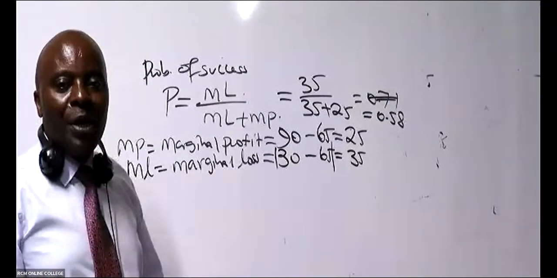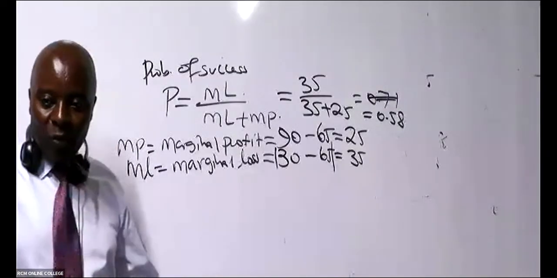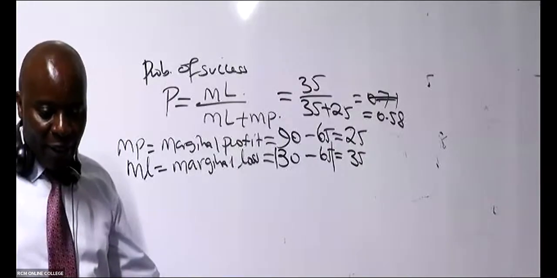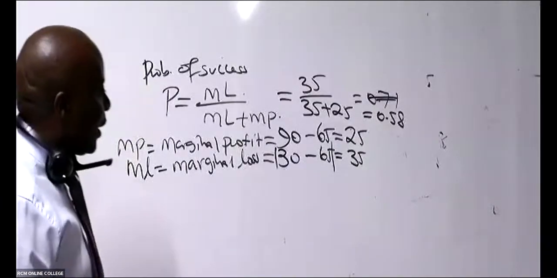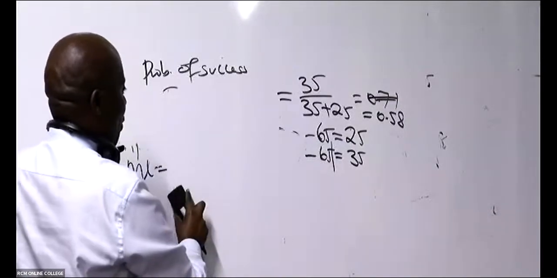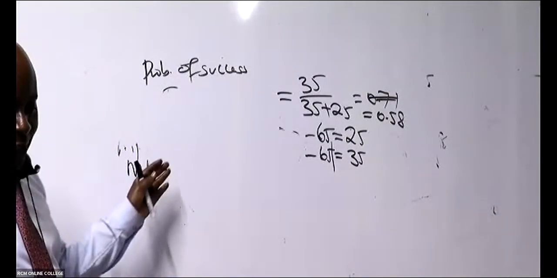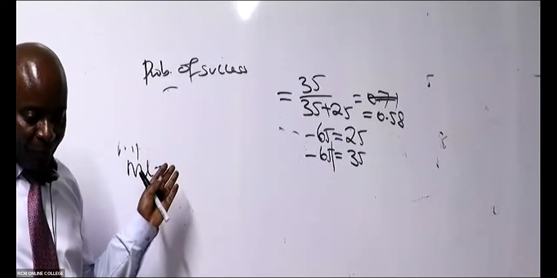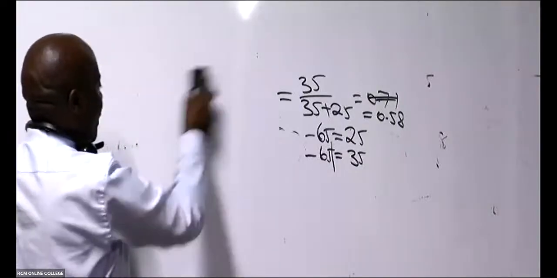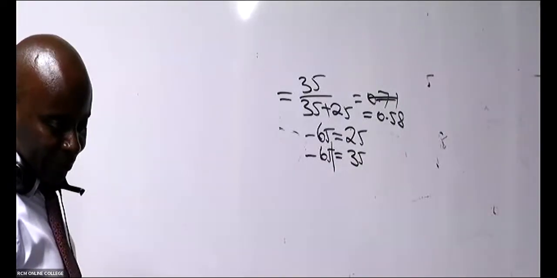Yeah. So from there, we have the reverse cumulative probabilities. 0.58 is correct. Thank you so much. So then come and give us the reverse cumulative probability. Sorry. Have you guys been able to write up to here? Thank you so much. So the reverse cumulative probabilities. So you need the demand.